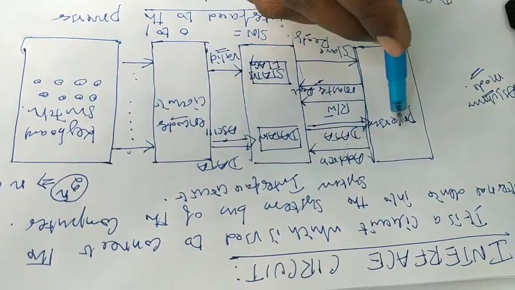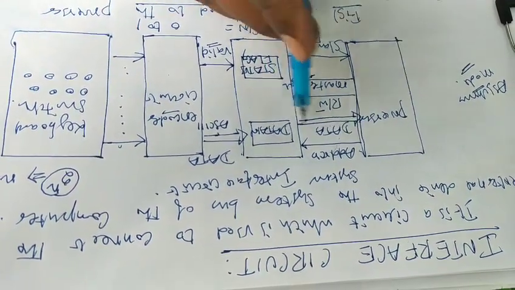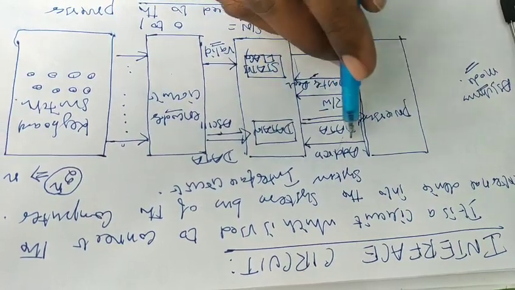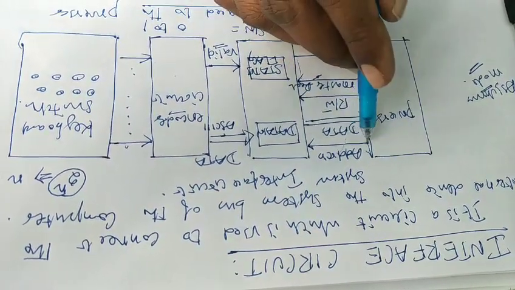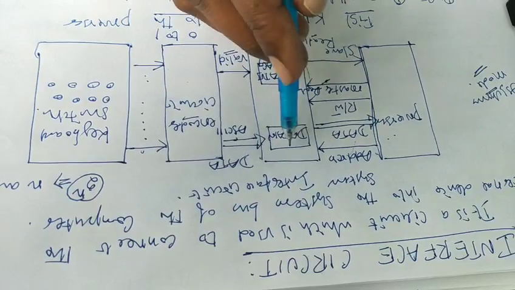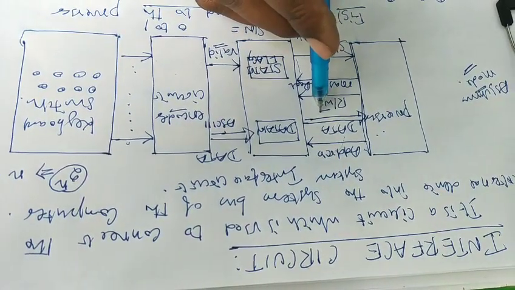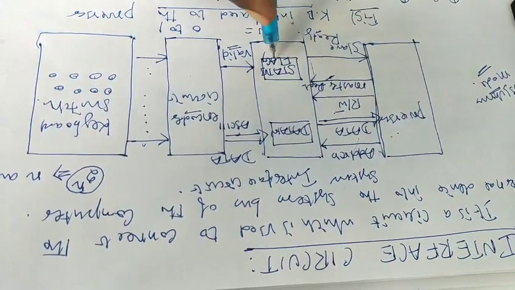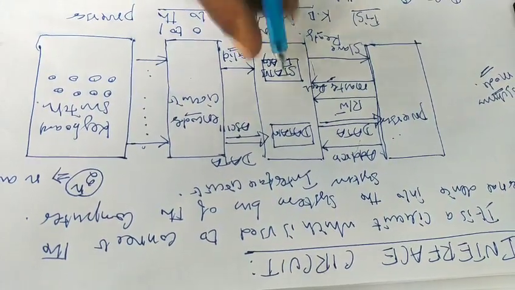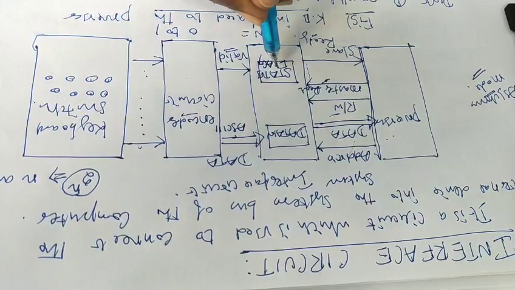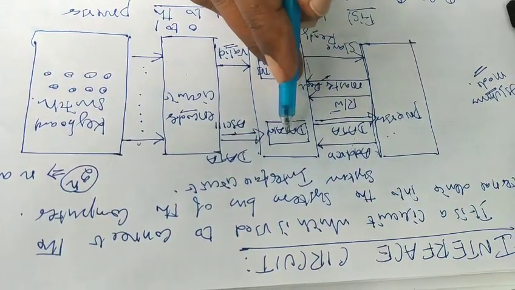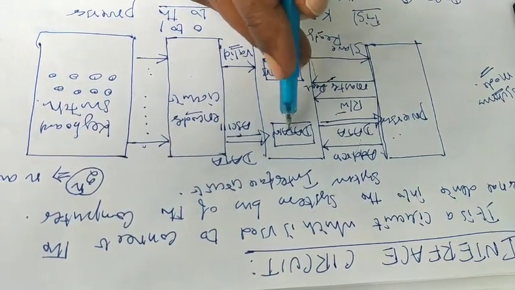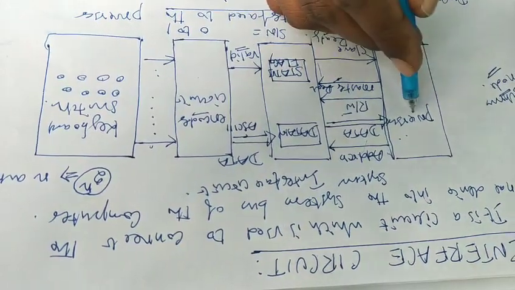Here the processor sends the address of the particular register through the address line. When the address line is from the processor, the direction is from the processor to the interface circuit. Next, in the meantime, it is checking the read signal, which checks the status flag, whether the status flag SIN is 0 or 1. If it is 1, then the processor comes to know the data buffer has the data. If it has the data, then the data is going to be transferred to the processor.